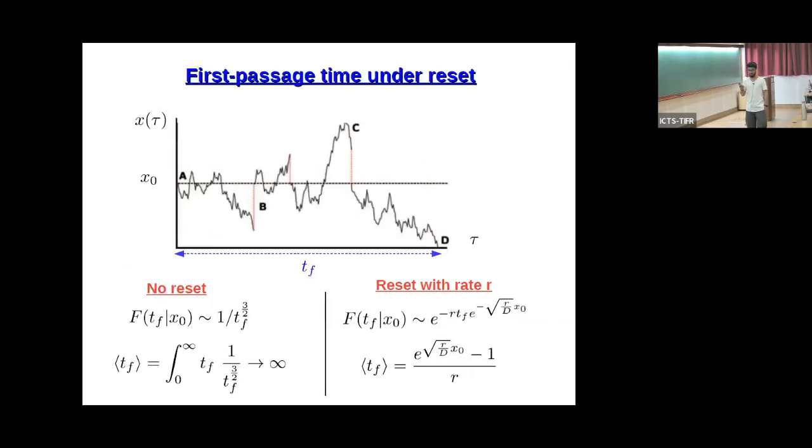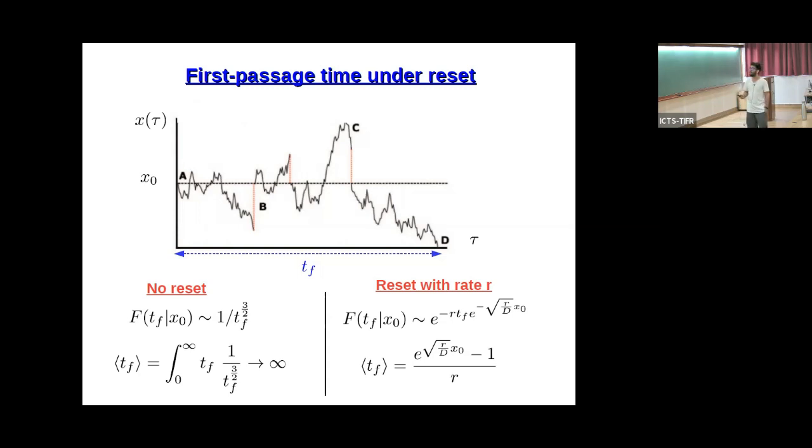The second consequence is seen in the first passage time. So this is a typical trajectory of the particle with some resetting events at these points here. And starting from x naught, the question I would like to ask is, what is the time at which the particle reaches this origin here? So here, for example, the particle